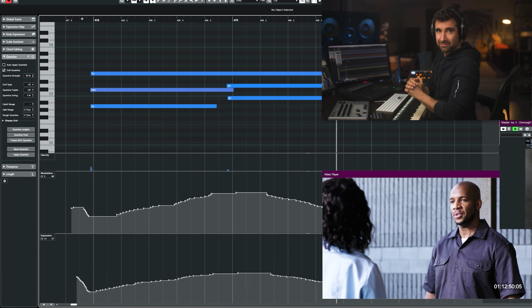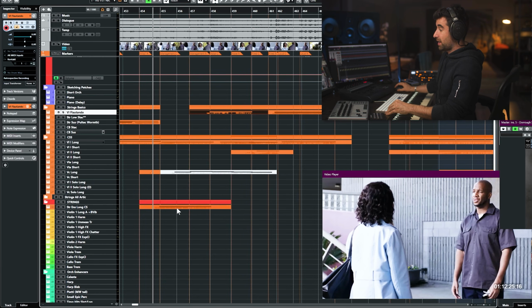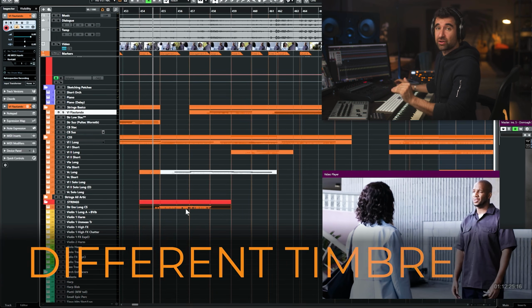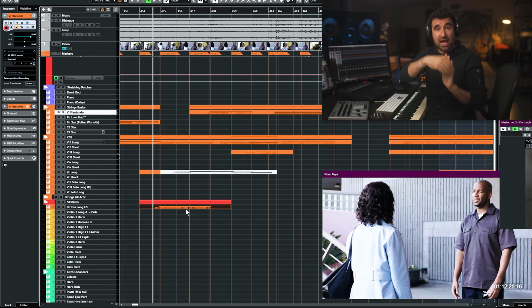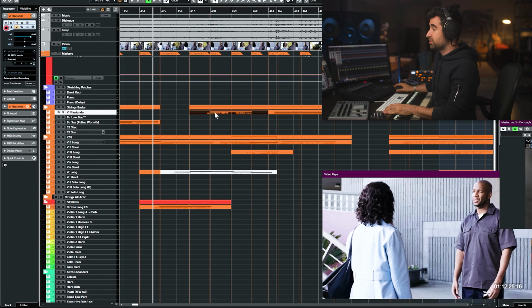Yeah, sure. It's the exact same thing that we've done earlier, right? Let's take a look. So this is what I did earlier. And this is the exact same thing. I repeated the same 2 chords, just a slightly different timbre, right? Because it's the same conflict, the same problem. It goes up and down. And up and down, there's 2 different things, but it's still within the same problem. So I just repeated the 2 chords, different timbre, because here's the strings ensemble concertino, and these are just violins